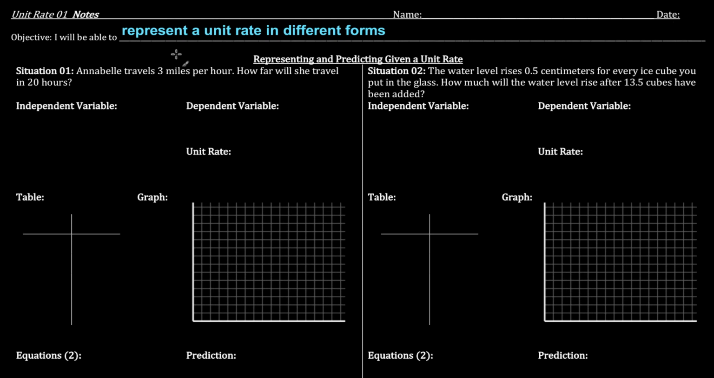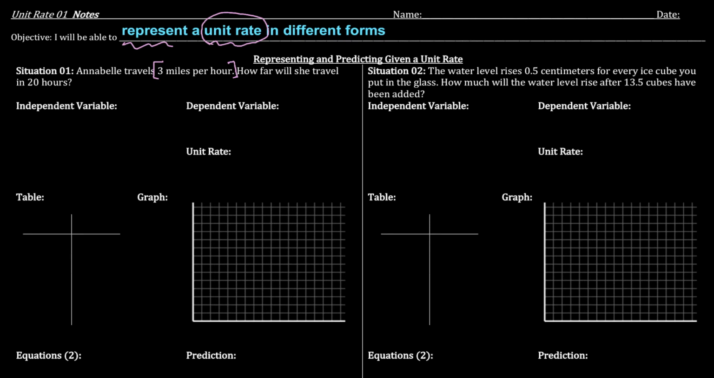So in this lesson, we're going to represent unit rate. This is a new thing in different forms. So let's read the first situation. Annabelle travels 3 miles per hour. This is our unit rate. So right away, we can go to this box right here